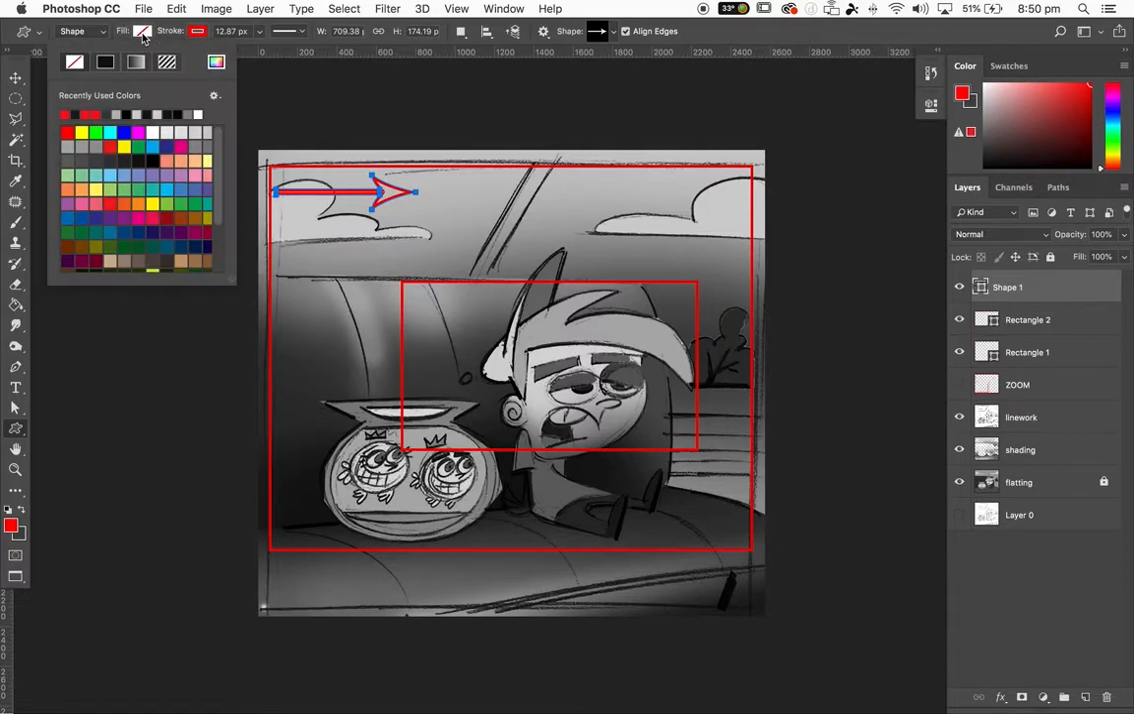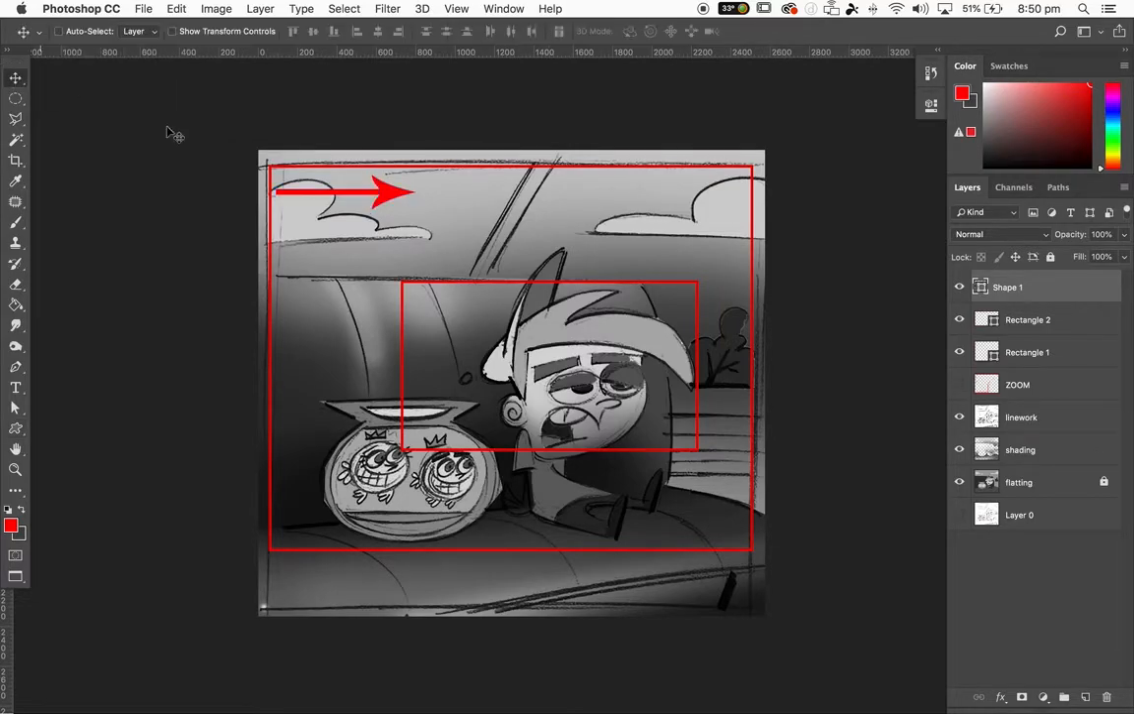And for this I might add a fill to it. Control T to transform, and now I can move it into place. Control T, rotate, scale, etc. Just as a quick word of warning for this,